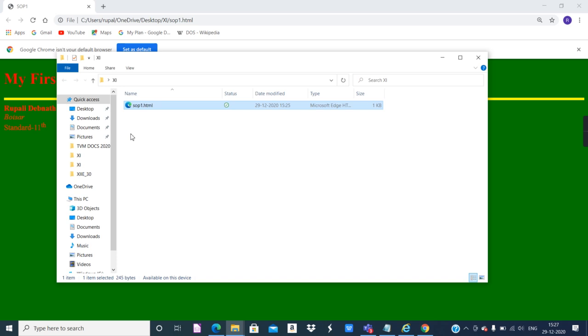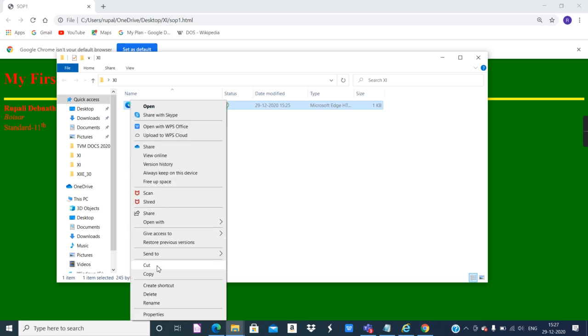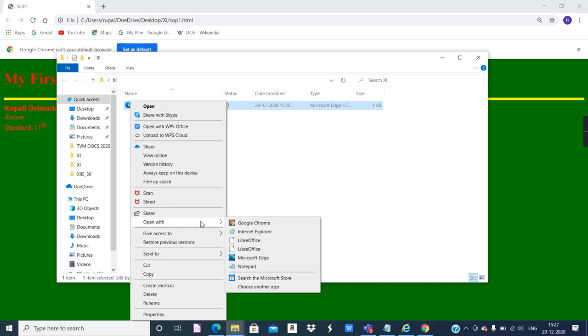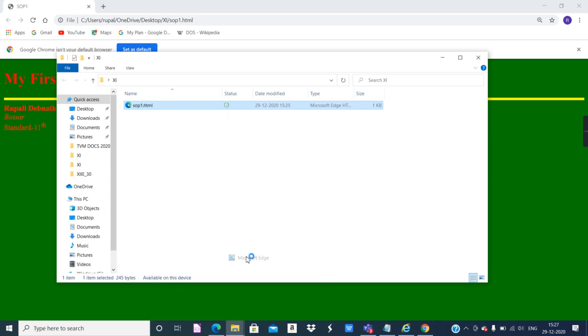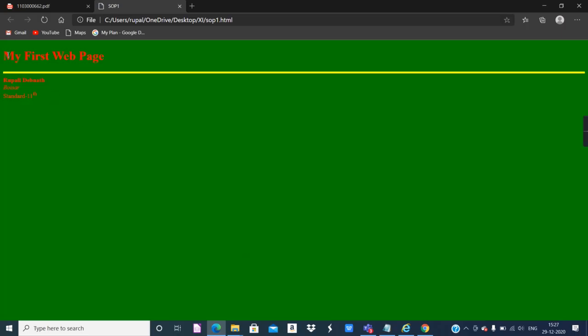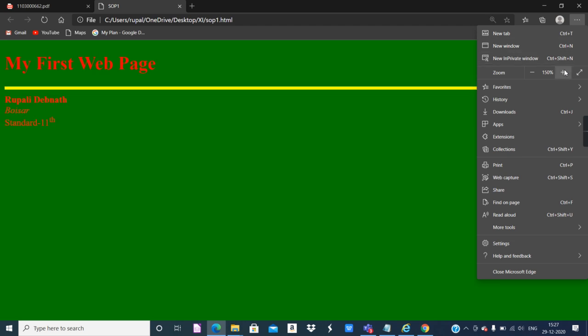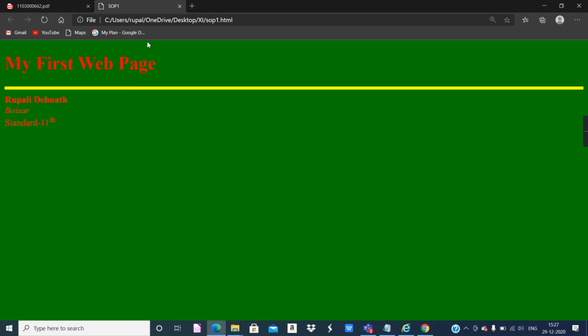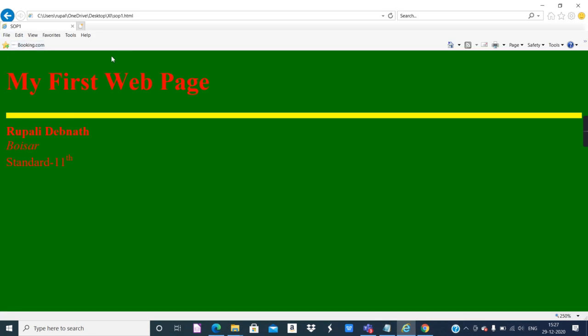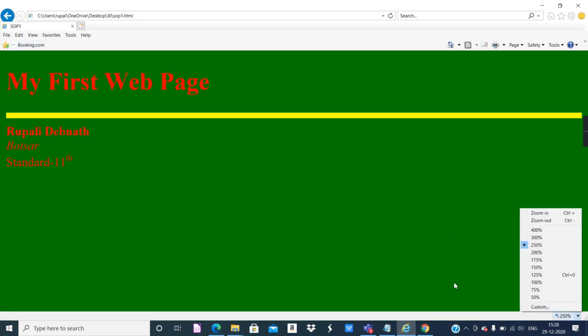Similarly, this file can also be opened with right click, open with, and select Microsoft Edge. See, this is the browser. Here also we have the three dots option where you can increase the zoom size, and Microsoft Edge will also not have a menu bar. You have to install it as an add-on, so no requirement of that. Reach the file and use right click, open with option. Only in Internet Explorer can you have this menu bar facility, and the zoom option is available here.